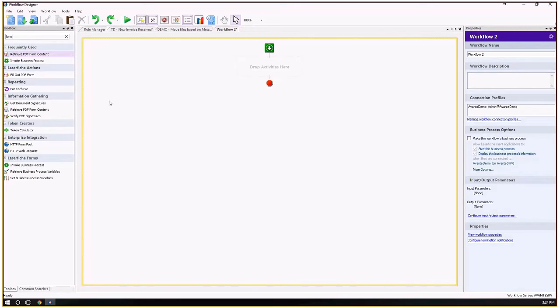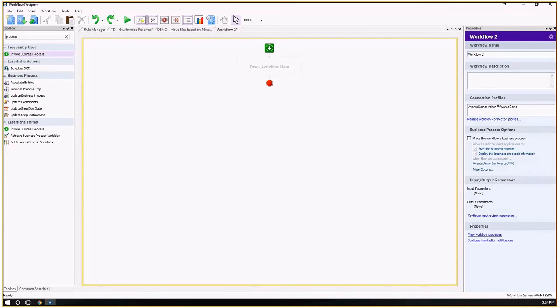So we can take information from forms. Is it not that? Where is it here? Process, tokens, retrieve business value. Okay, so